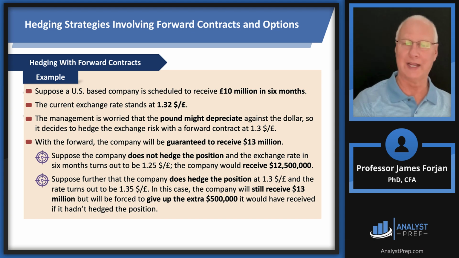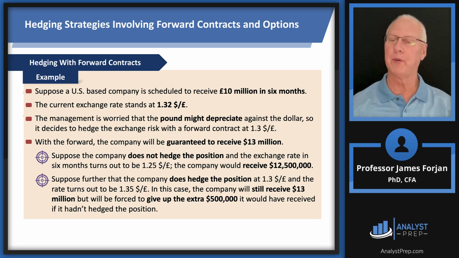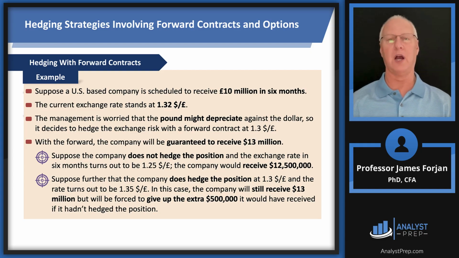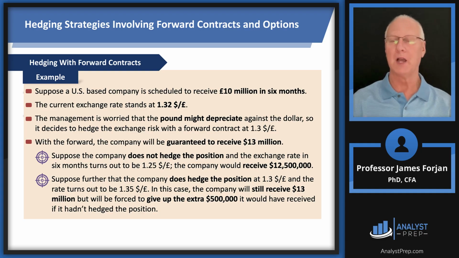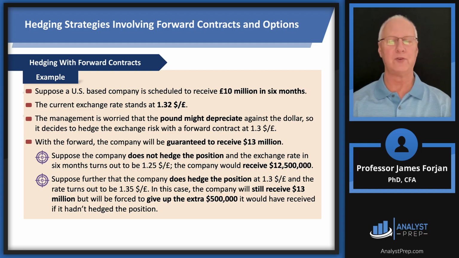because the exchange rate moved against us. Well, one way to protect against that adverse movement in exchange rates is just to enter a forward contract. And what we're going to do is we can lock in that exchange rate. We can lock in the future value of that 10 million British pounds. All right, so the current exchange rate, we call that the spot rate, is 1.32 US dollars per pound. And look at the next bullet point there. There's a forward contract that's available at just